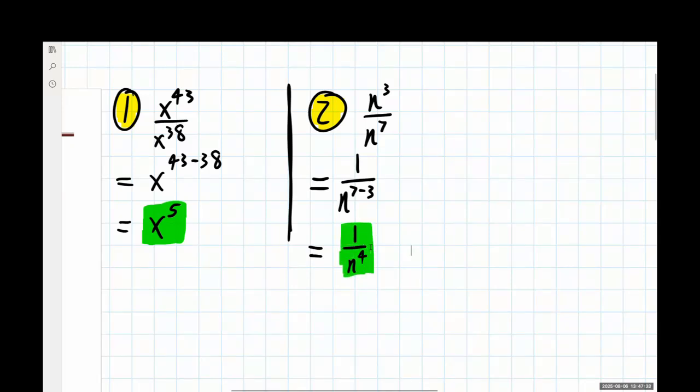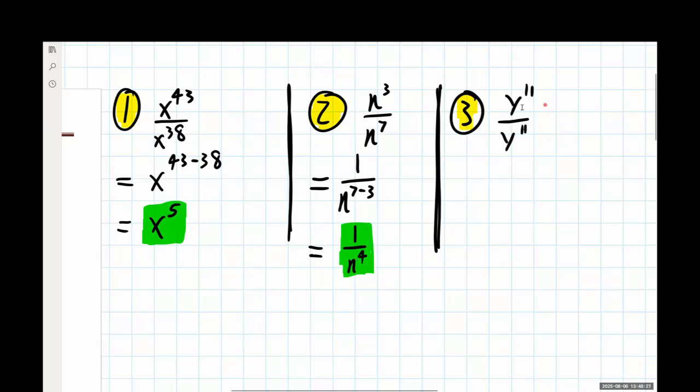And we're getting 1 over n to the 4th power as our final answer, and we are good to go here. You do also have the choice, if you would like to, of doing this exponent subtraction off to the side and then just writing it in place for the denominator for your final answer. Some people like doing that, and there's nothing wrong with it. Just make sure that you are following those steps properly and putting your final answer in the correct place afterwards.